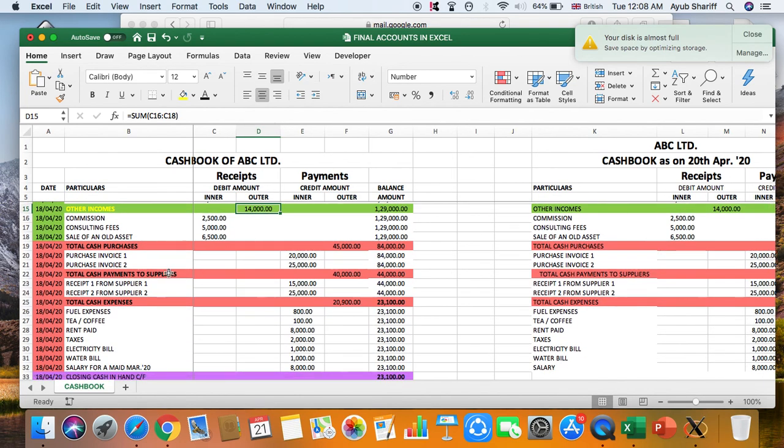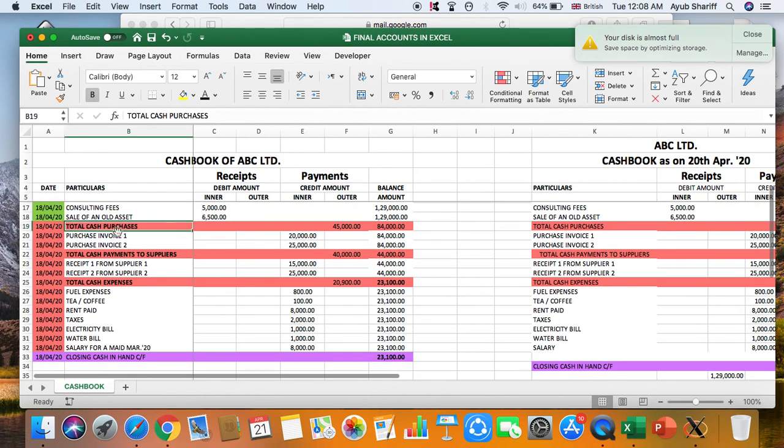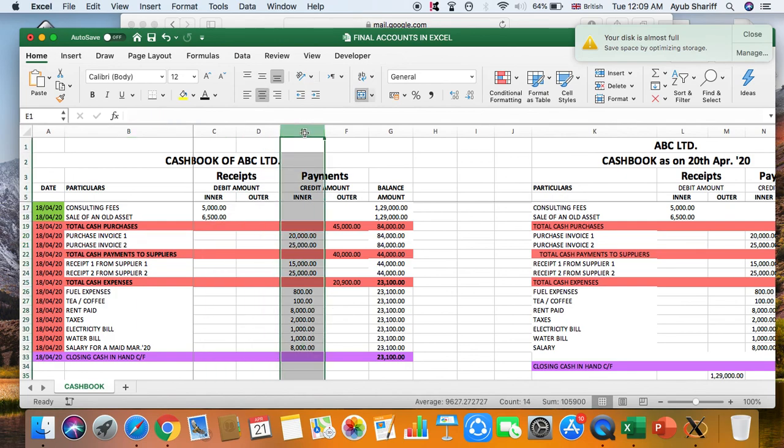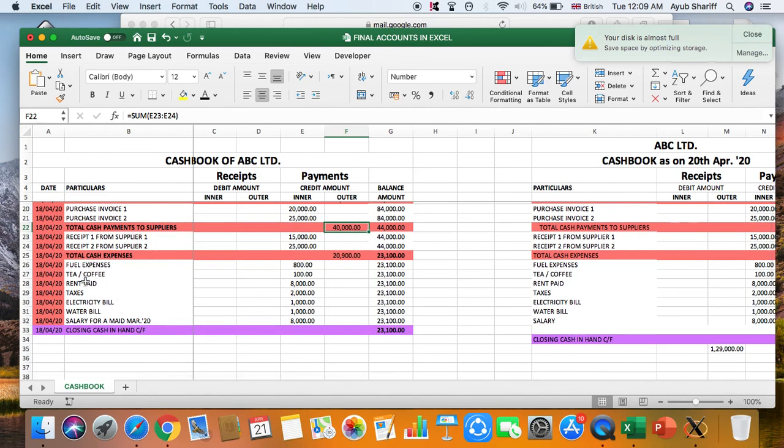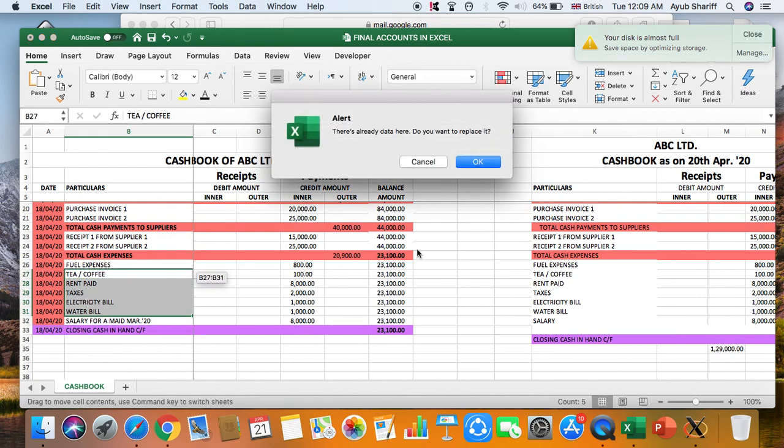And the same thing applies on the purchase side. You have the total cash purchases, whatever you purchase, list them, but this time you have to enter in the credit side, which is column E, and then sum them up over here. And whatever payments, if you have bought something on credit from any supplier and you're paying it today, you can list it over here and sum them up over here. And then finally, whatever expenses, this will definitely be there on a daily basis, bearing these things which are on a monthly basis. But other expenses,